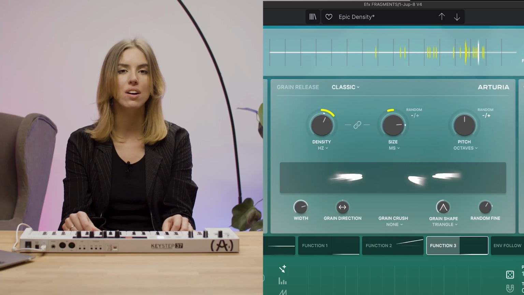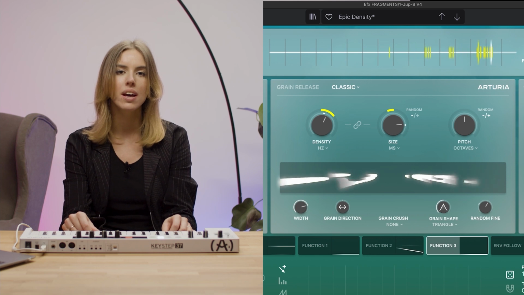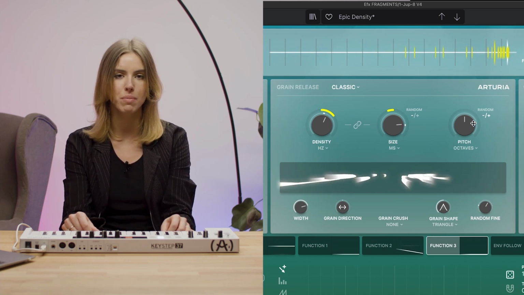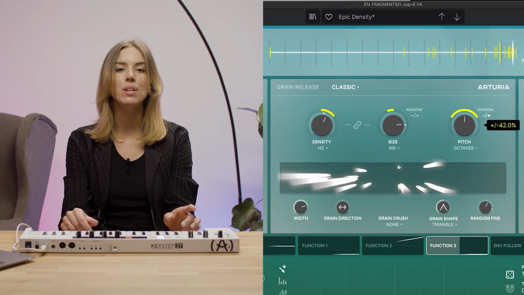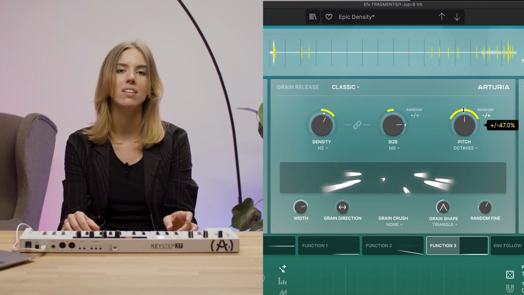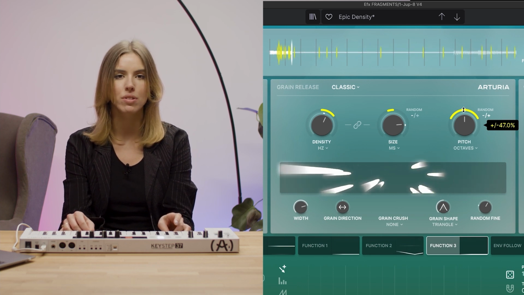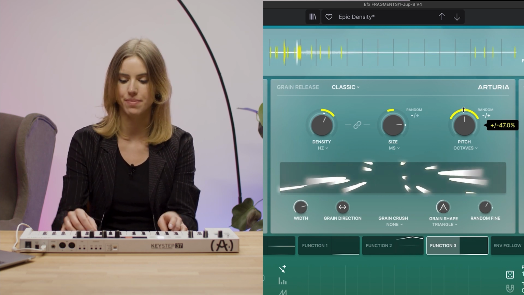The functionality of the granular engine controls can be greatly enhanced by introducing randomization into the mix. To do that, simply hover over them and create a yellow color by clicking and dragging in the knob's gray ring to the left or right like this.